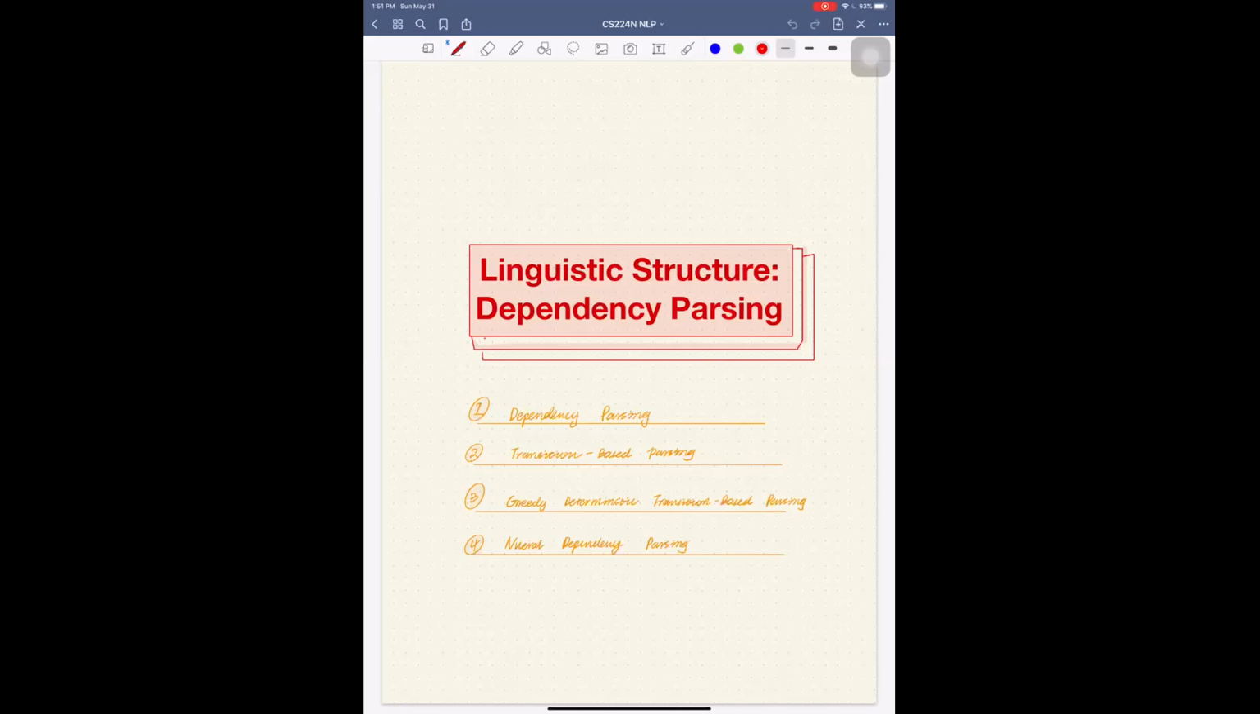4. I guess it should be chapter 4, linguistic structure dependency parsing. So previously we have actually talked about a lot about the window classification, the skip gram model, or those kind of word embedding stuff. So previously the main topic is word embedding,